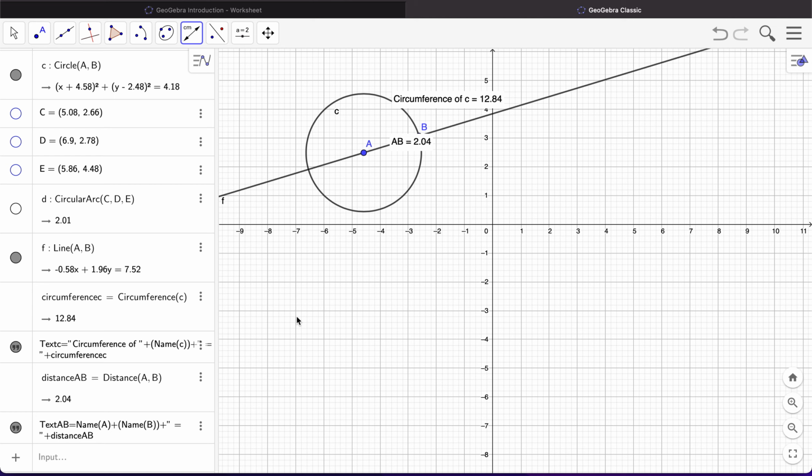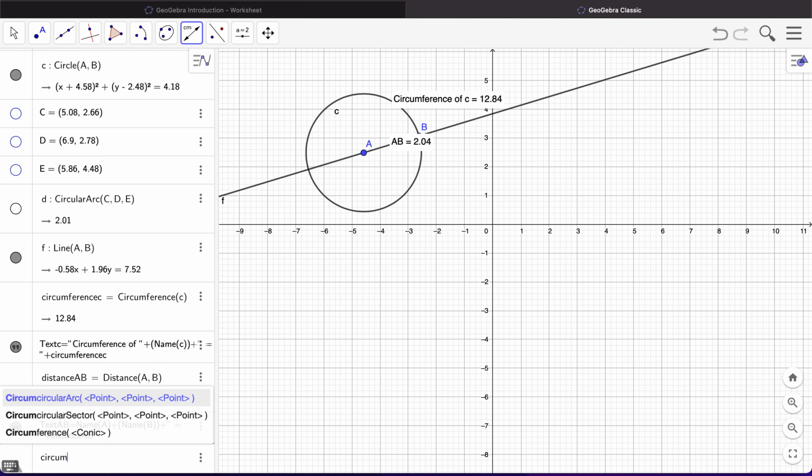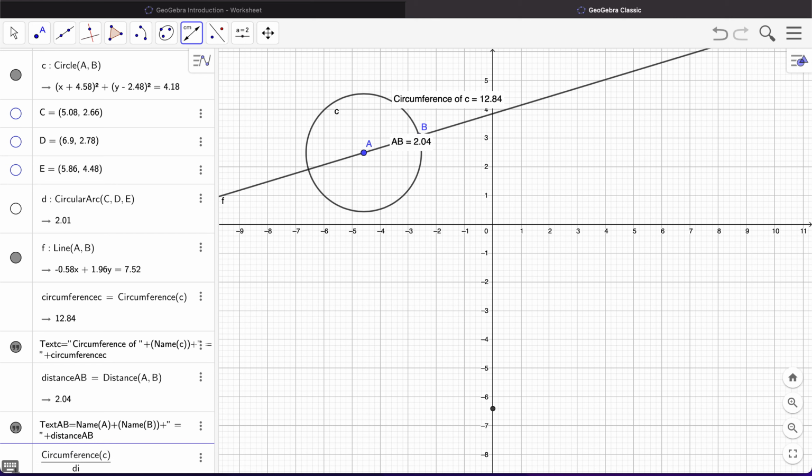And then one last thing I want to do in this video is to show you how you can do some calculations or computations. So I'm going to look at the distance from A to B. I want to take the circumference and divide it by the radius just to do something here. So I'm going to click down here, and I'll do circumference, and I can either just type that all the way out, or I can just click, and this is the circumference of C, and then I want to divide that by, and then I can do the distance,